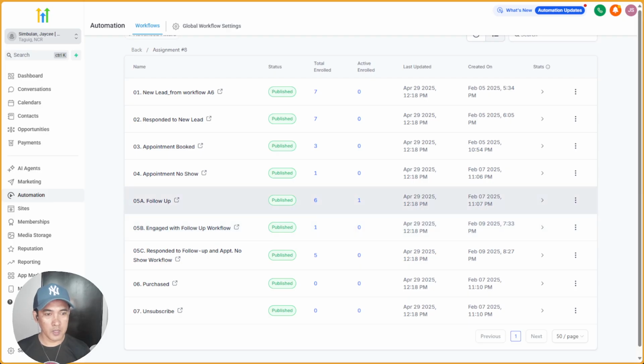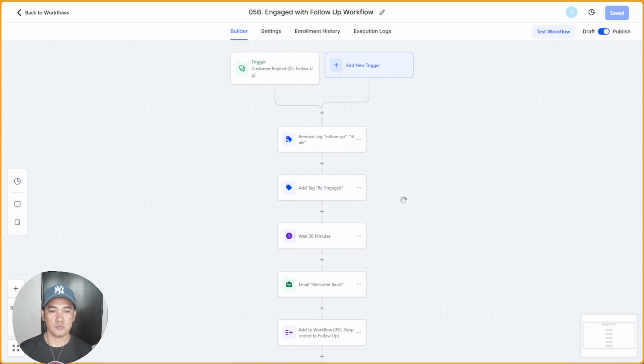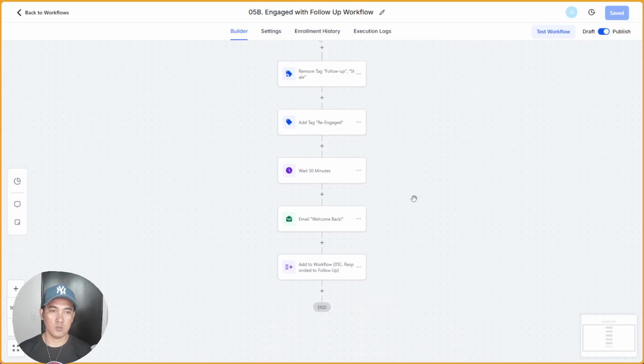All right. So after follow up, this one is the engage with follow up workflow. This workflow will trigger if the customer replied to any of those previous emails sent to them, right? Okay.